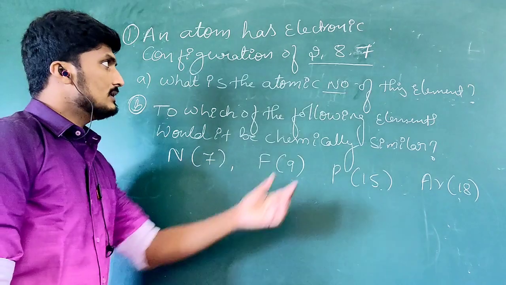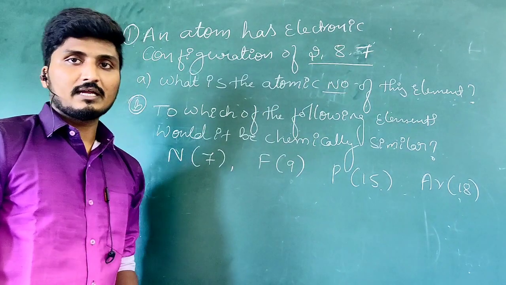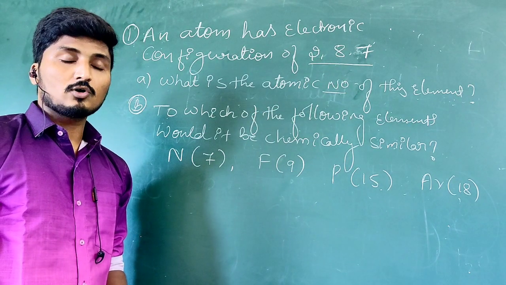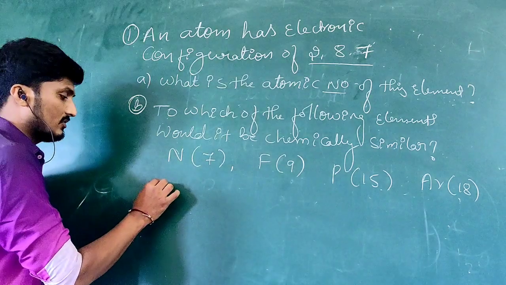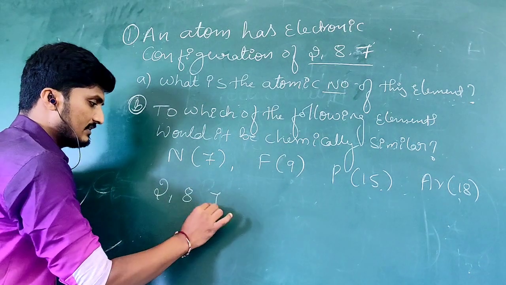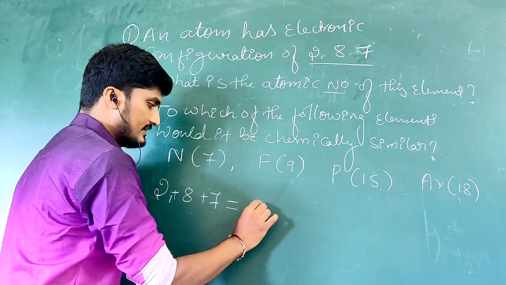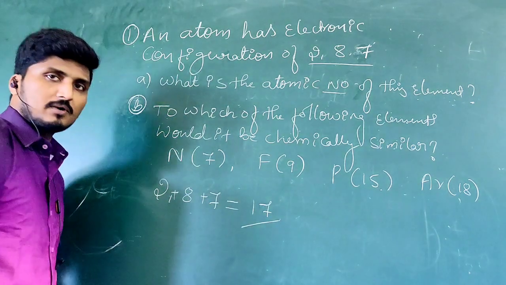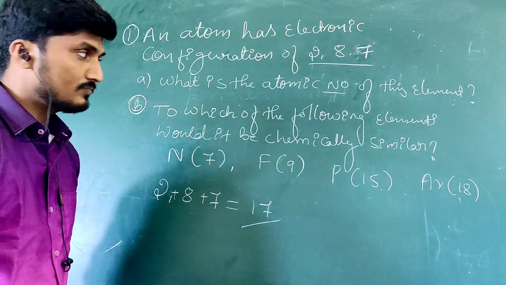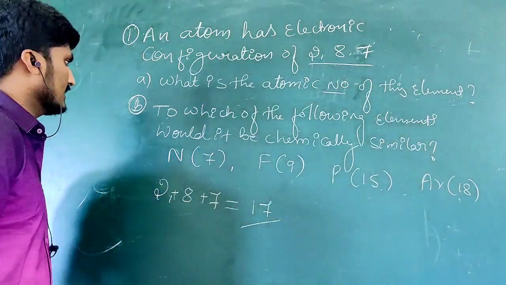We know that by knowing the electronic configuration, we can identify its atomic number. So, what is the electronic configuration? 2, 8, 7. Just add these three numbers, so you will get 17. So, the atomic number of this element is 17. Next question they have given,